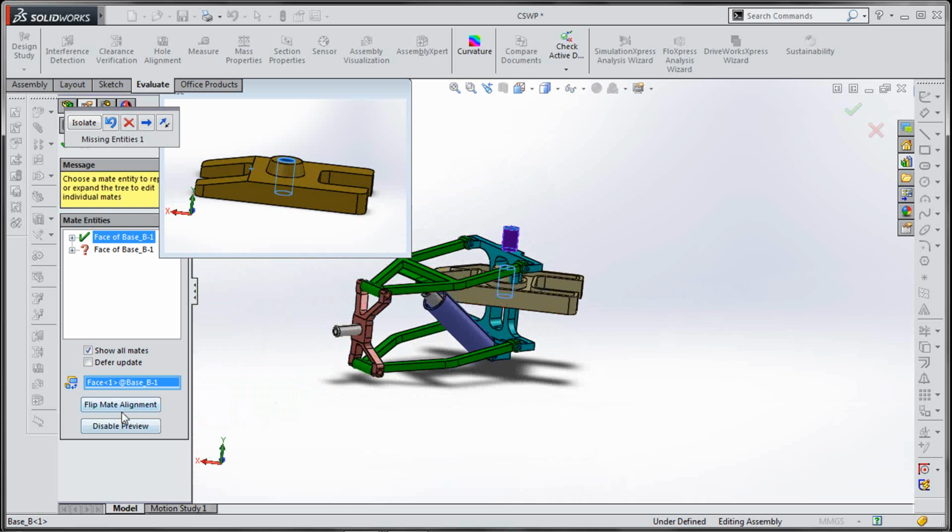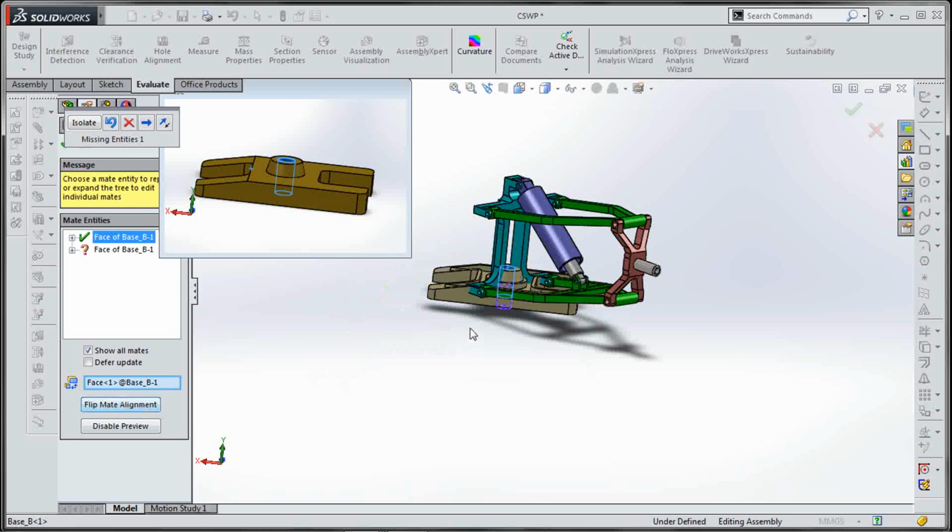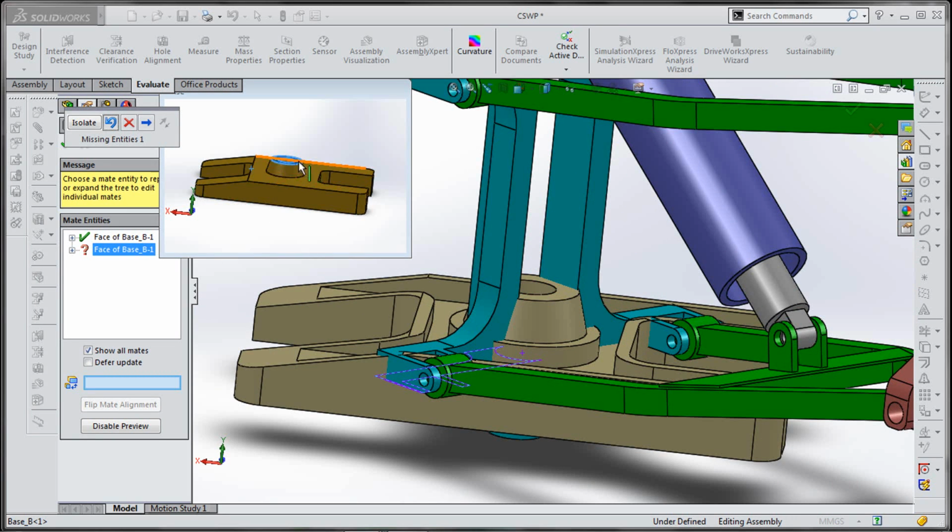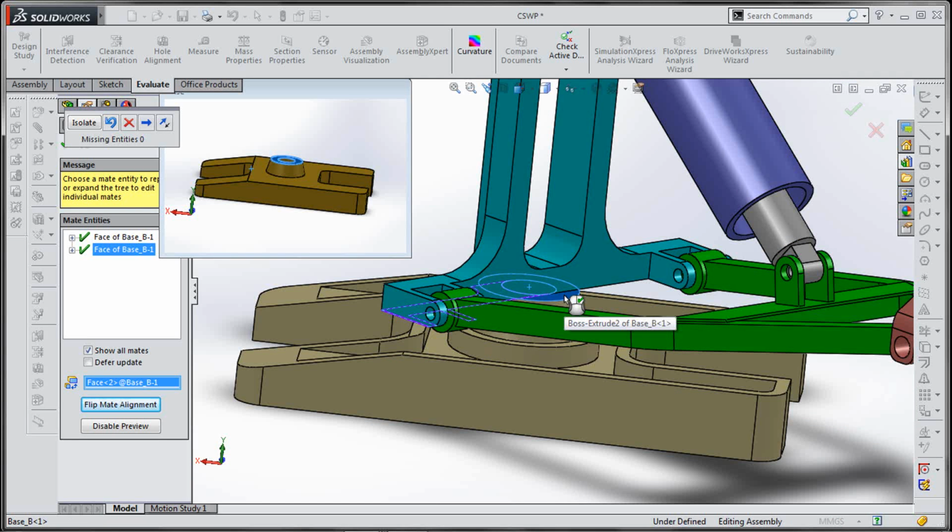So just click to make the alignment, and click on this arrow to see what is the next mate that it can't solve. So we need this face, click here, and everything looks fine.